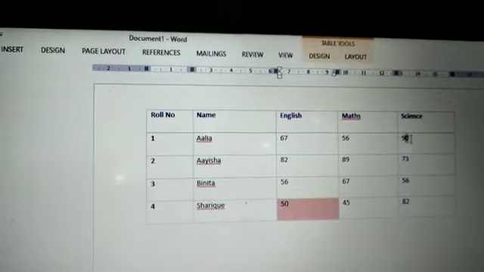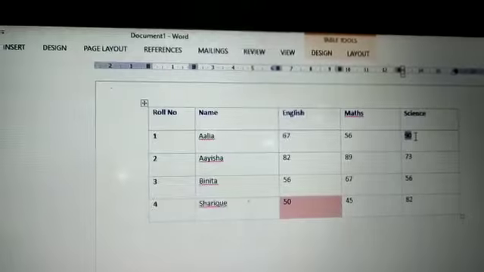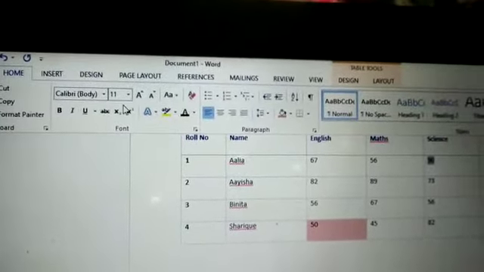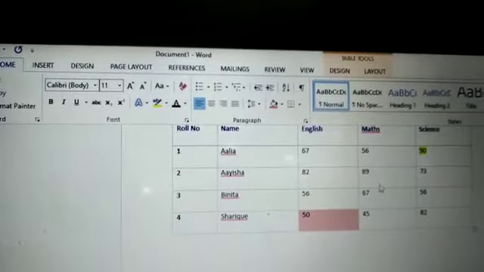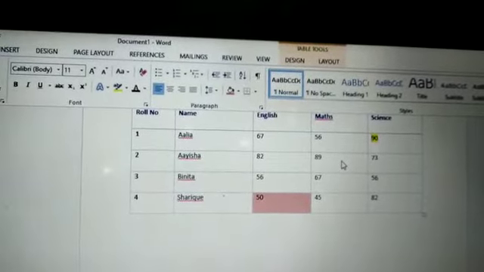First select the number and then go to the Home tab. Here you can see the highlighter. Now I have highlighted it. In this way also we can change.